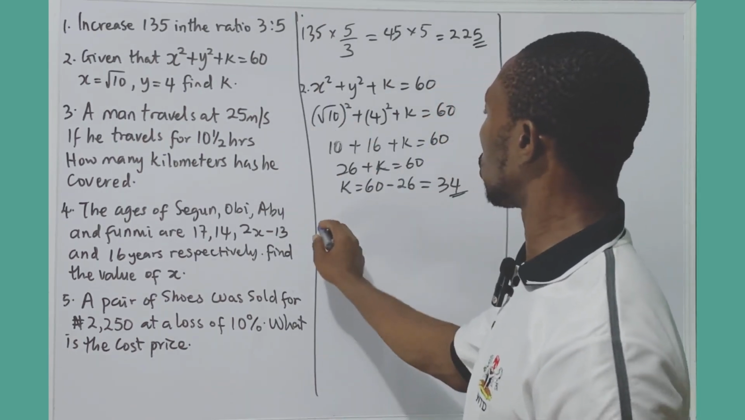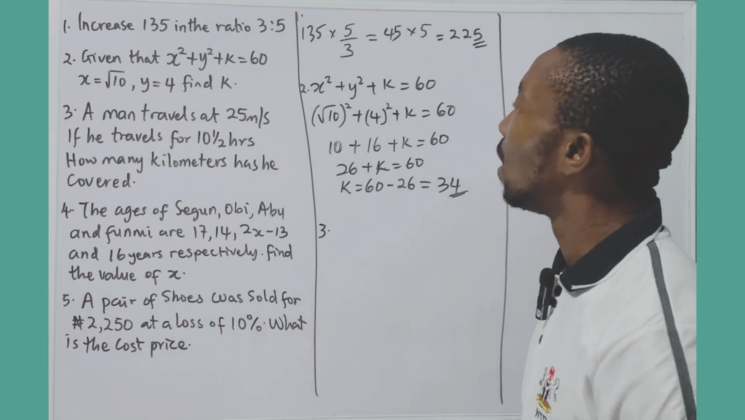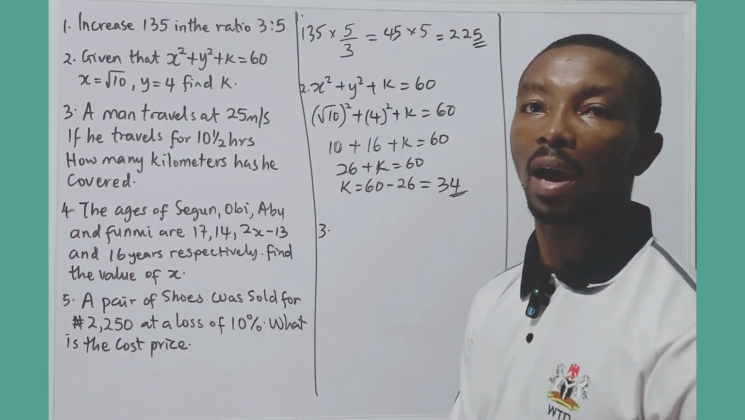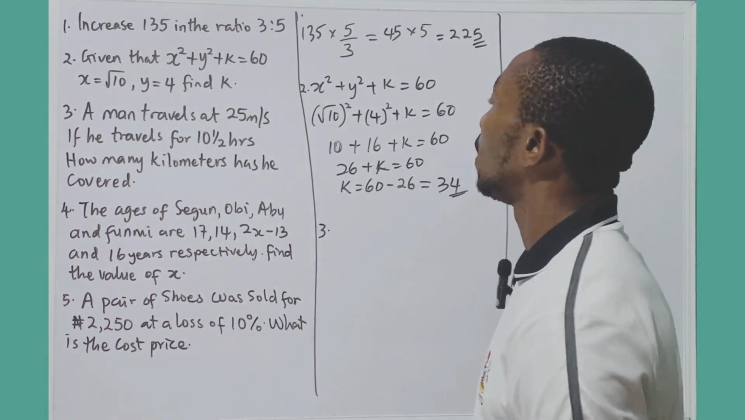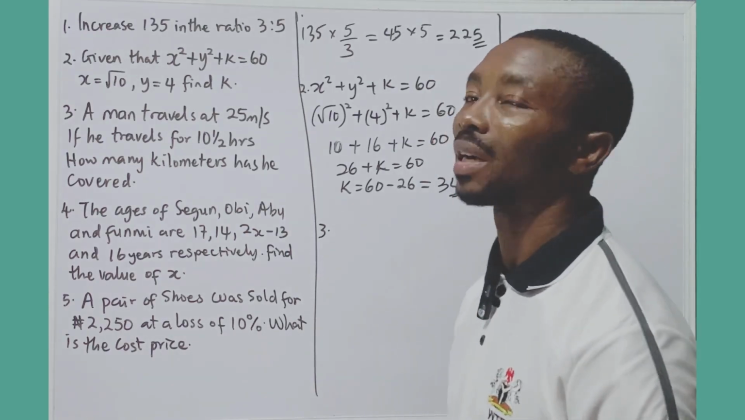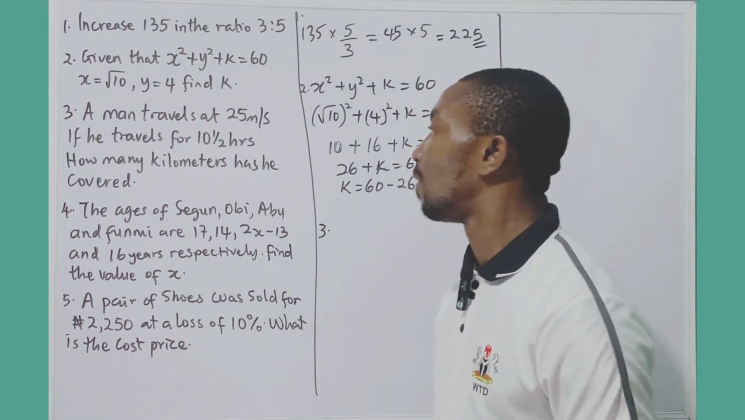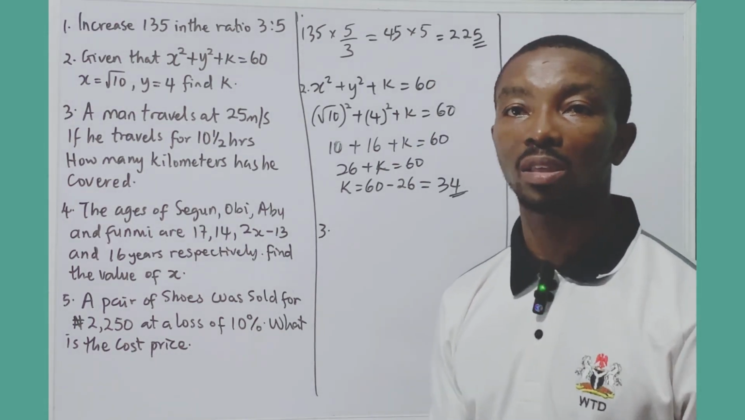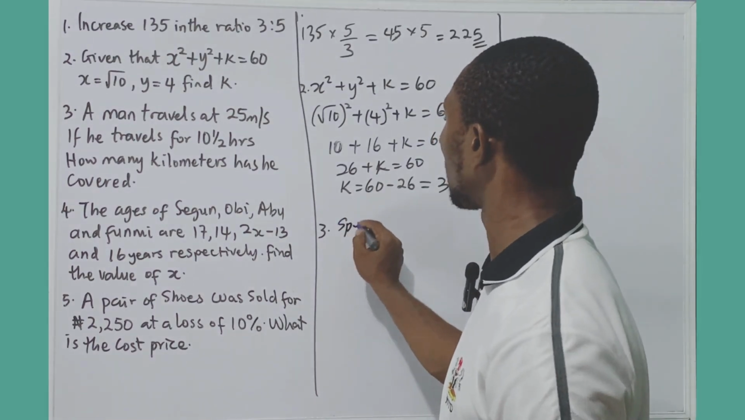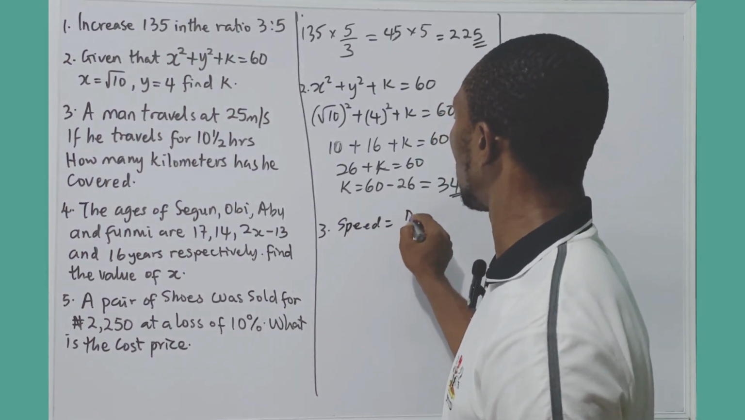Alright, so to the third question, it says, now, a man travels at 25 meters per second. If he travels for 10.5 hours, how many kilometers has he covered? Now, we are talking about distance and speed with time. So we know that our speed equals distance